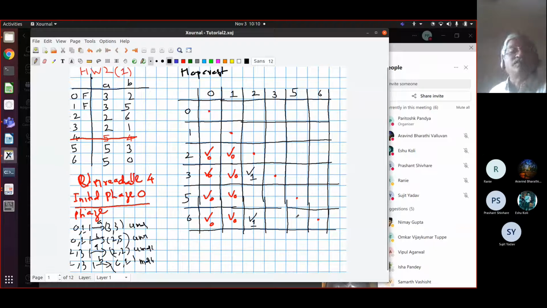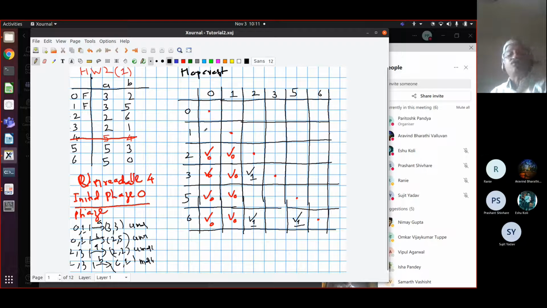5, 6? 3, 0 is separated using B. Right. So in phase 1, I got 3 new ticks. Now I have to begin again. 0, 1, can it be marked? It can't be marked. You will see. 0, 1 cannot be marked. 3, 3 and 2, 5. 2, 5 is not yet marked. What about 2, 5? Again, can't be marked yet. And what about 3, 6? It cannot be marked. 2, 5 and 1, 0.